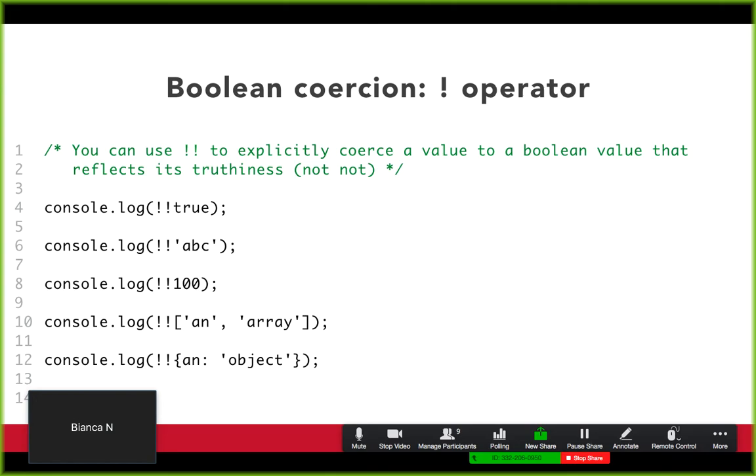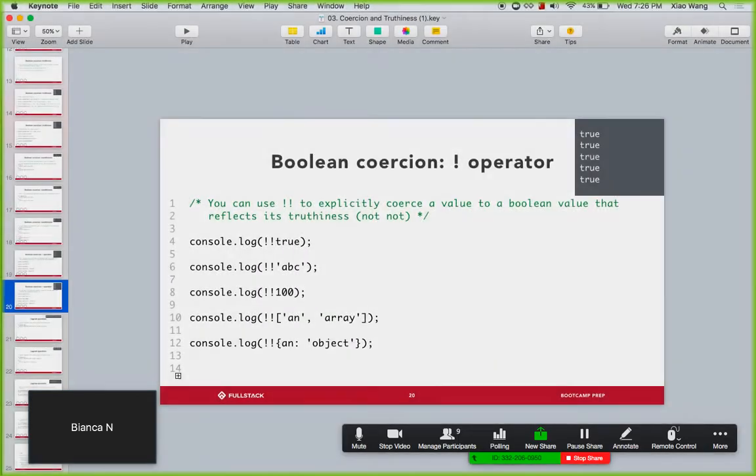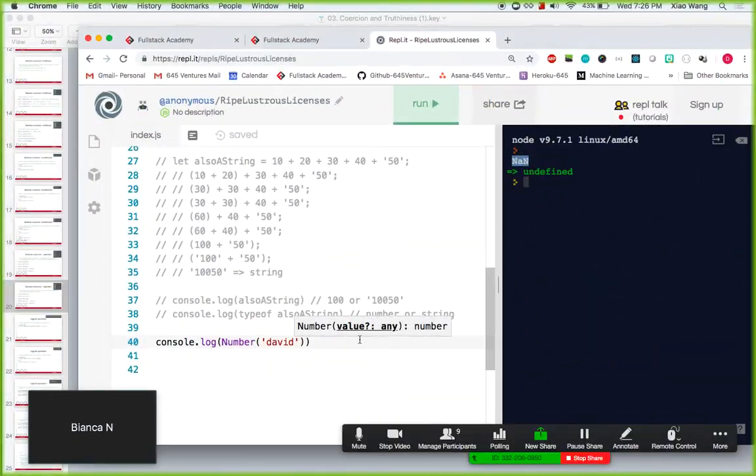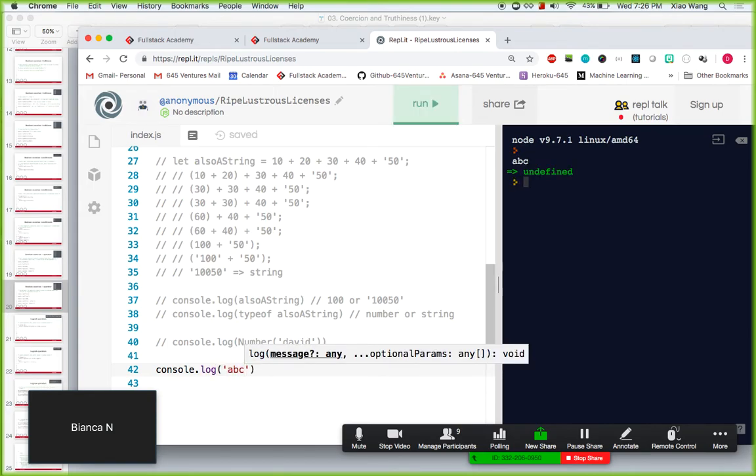So on line 6 for the string ABC, let's actually just do it together. If I have a console.log and I console log out ABC, this console logs out ABC. If I was to console log out bang ABC, what it will do is try to convert this into a Boolean, which is true, and give me the opposite of it, which is going to give me back